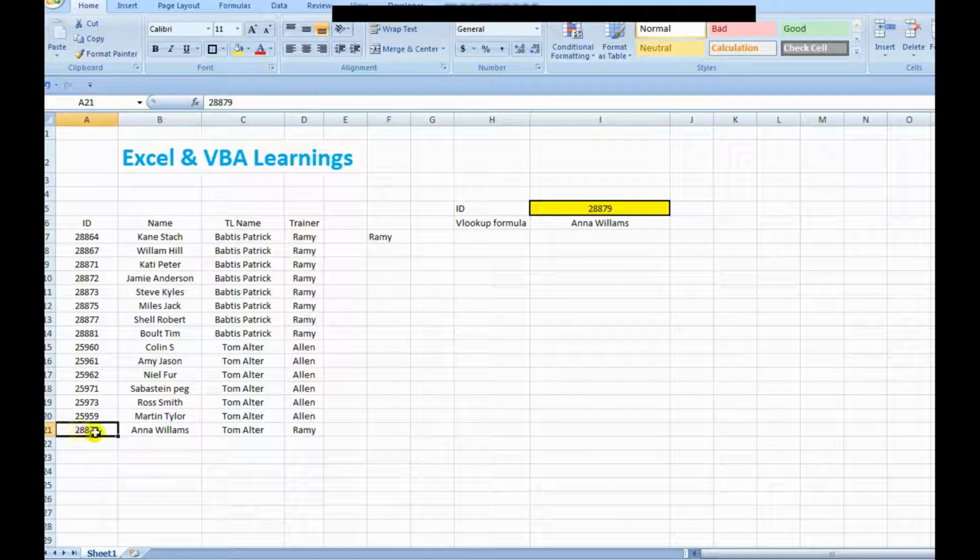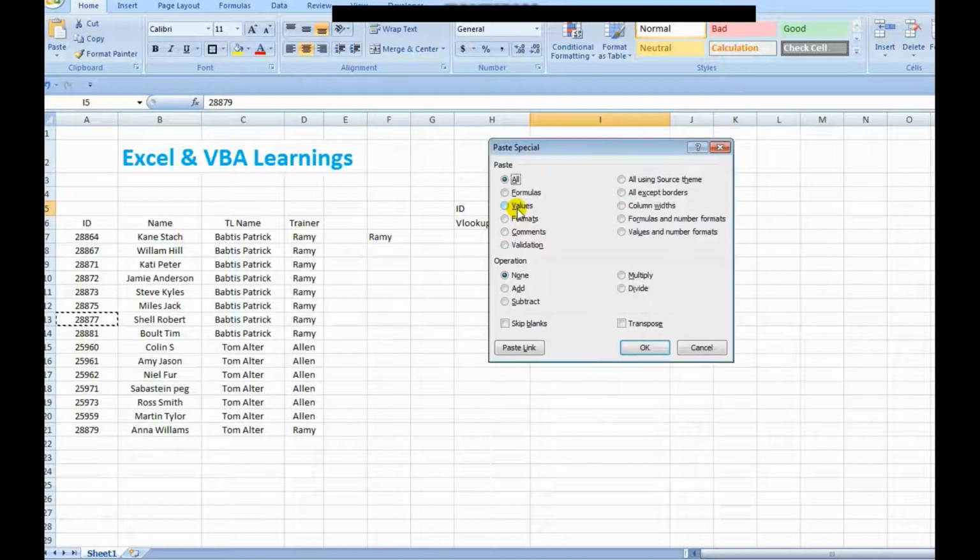Let me find 28879. I got Anna Williams, and the trainer is Rami. So the trainer is Rami out here. So if I change this to this ID, what will happen here is,